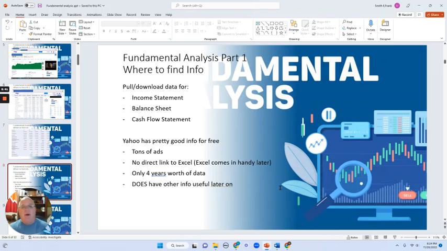So anyway, when you go in to download data, it's always better to pull more than less. I will actually pull the data and create one spreadsheet that will be just my firm, but it will have the income statement and the balance sheet and the cash flow statements as different tabs on the same file.